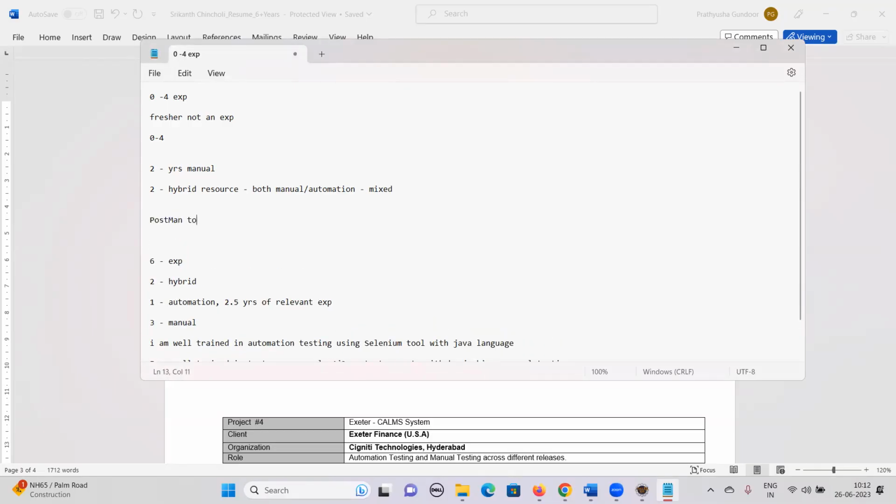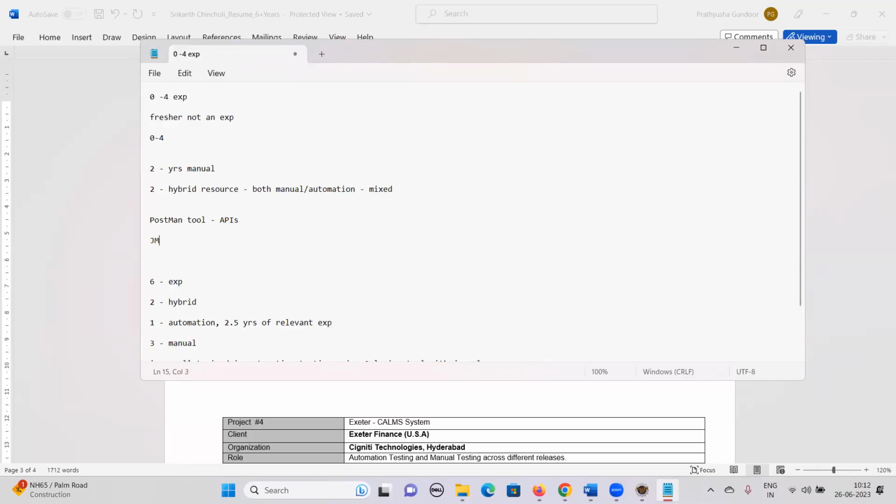Okay, so Postman tool, this is for API automation, APIs. So you can add this tool also. So go for some courses like JMeter. So this is also kind of a performance tool. It will not take much time, guys. I know about how we exactly use these performance tools and